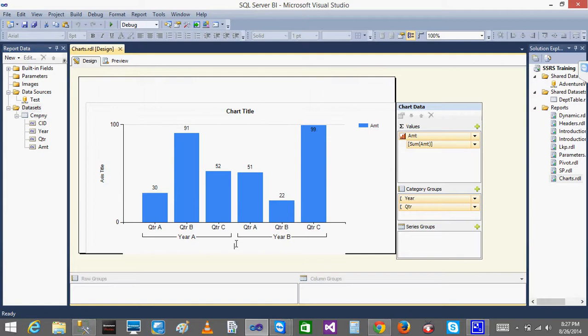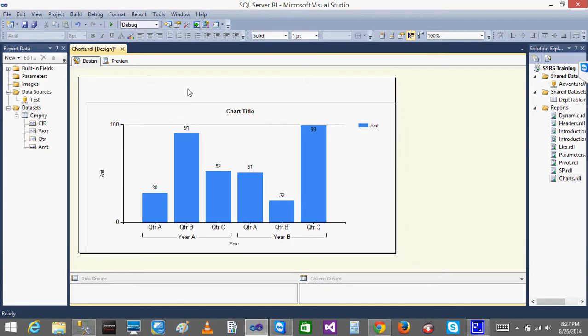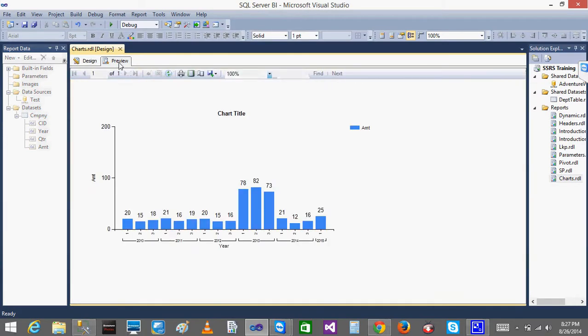I'll name it as some year and I'll go to the axis, click on this. So I'll change this name as amount. That's it. Automatically that axis property will be changed. When I see the preview, I can see it here. And see, always you are having some amount here.